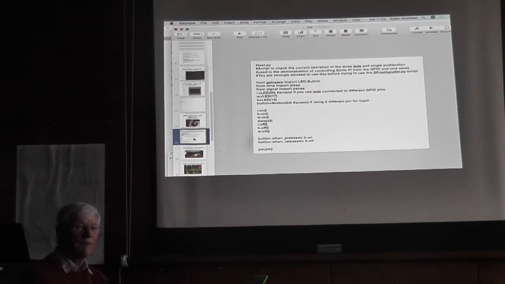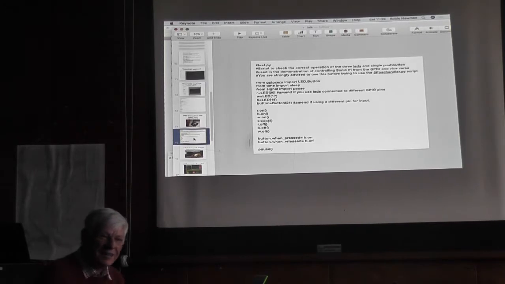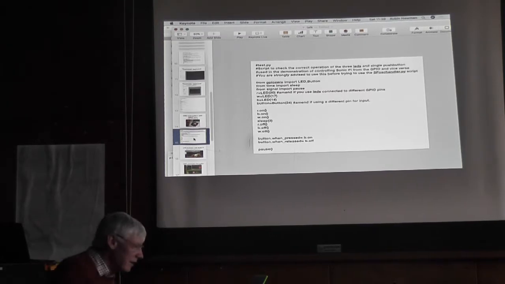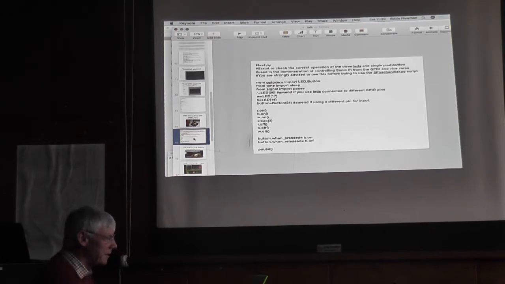And the reason that Python is good is because of the superb GPIO Zero library, which makes things very easy. When the first Raspberry Pi came out, it was horrible. You had to set things with an input or output and all sorts of other paraphernalia to get things going. Now you just say R is an LED on pin 20, white on LED 17, and a blue one on LED 14, and a button on pin 24. We're going to turn all three on, leave them on for two seconds, turn them off,